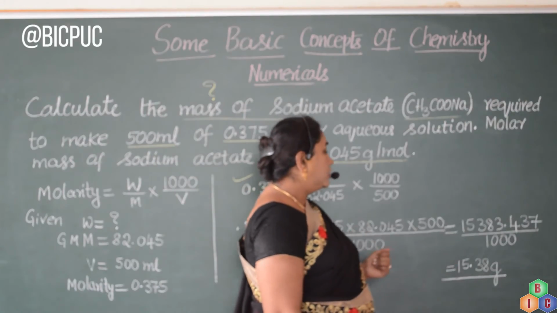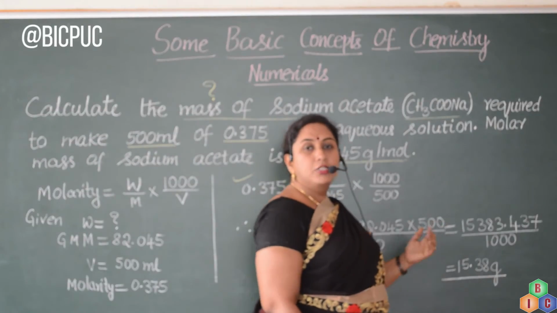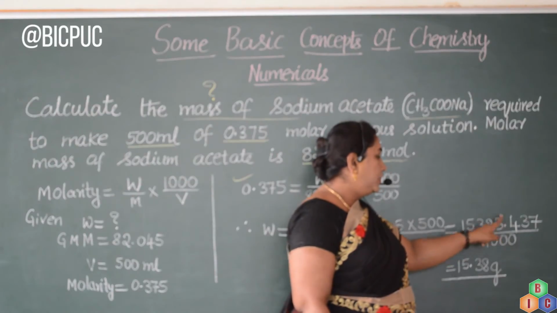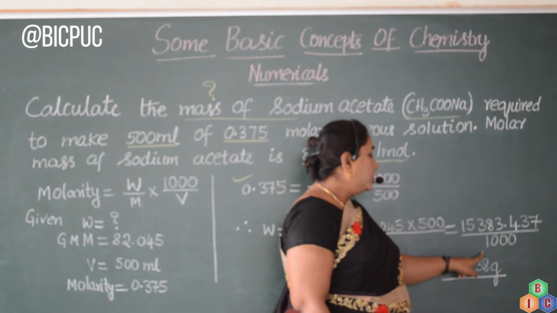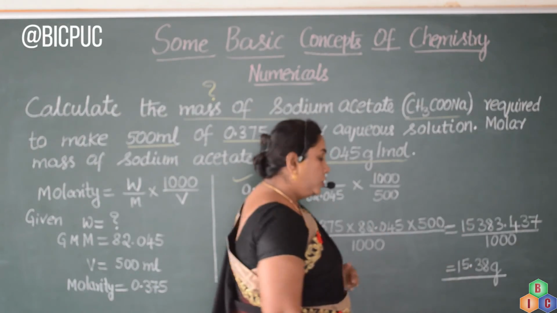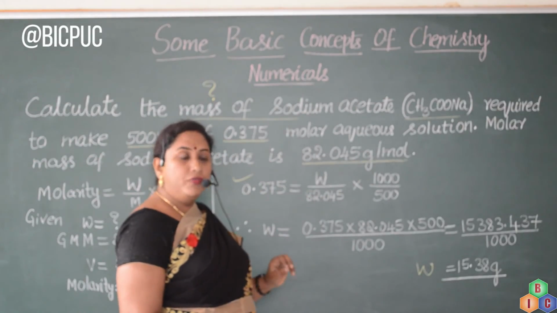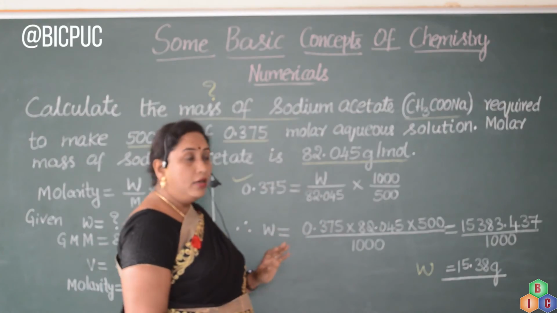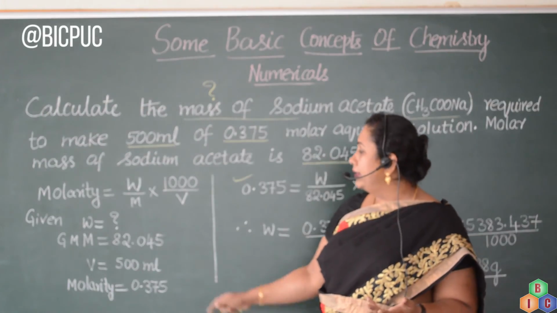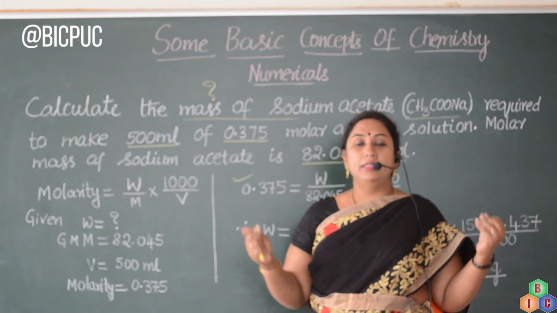It is easy for us to divide this, because if we shift the decimal place by 3 digits, it is going to help us in solving. So, we have shifted the decimal by 3 places from here to here. Therefore, the value will be 15.38 grams. So, what is the value of W that we have found out? W is 15.38 grams. It is always advisable to solve the numericals by first writing the given data, if the problem is word type, proceeding like this in lengthy fashion.